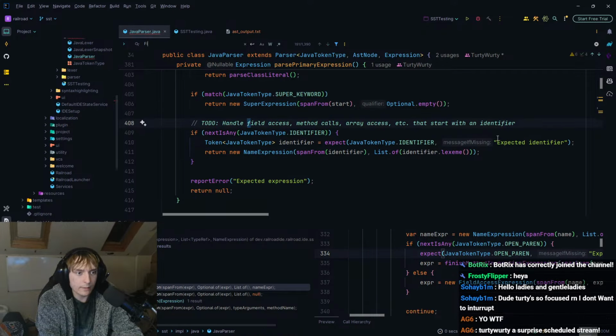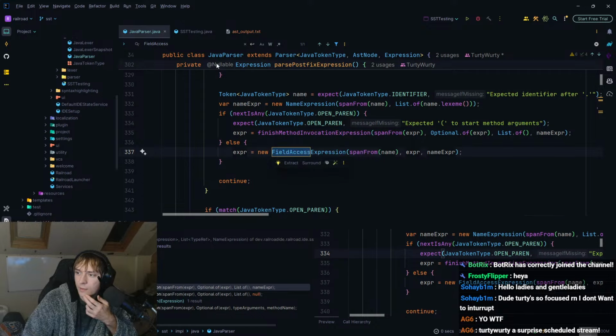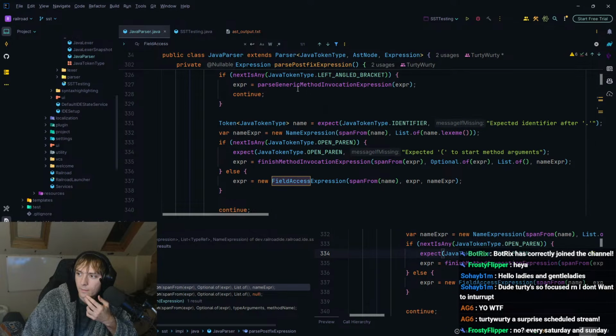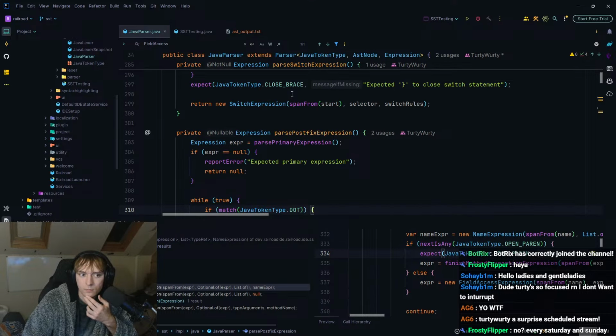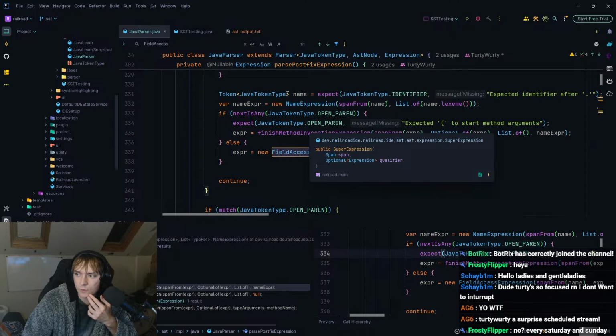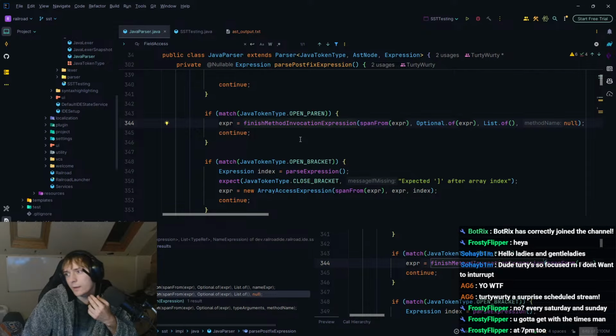Because if I can find where I'm handling that, which is apparently in postfix, if match dot, yeah, I see. And I guess the issue here is that we don't have a dot. Okay, in that case, I guess we have to do it here.